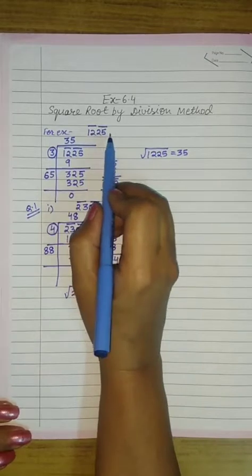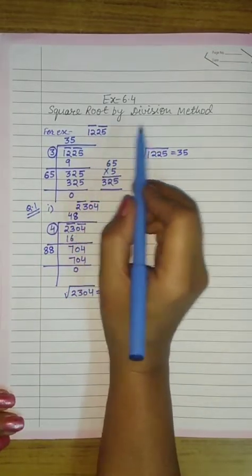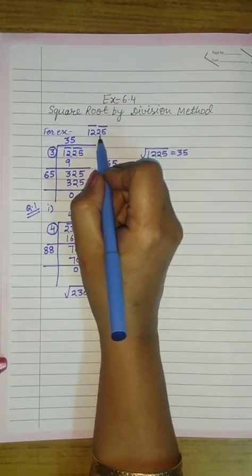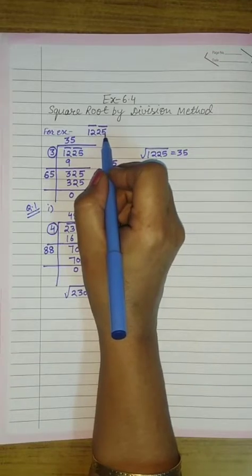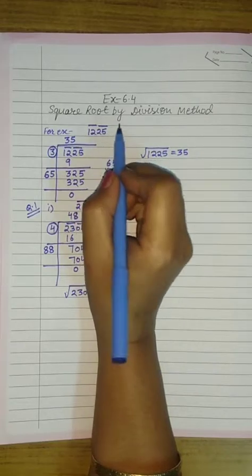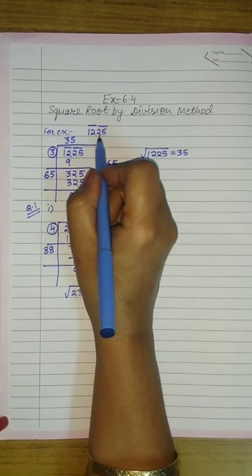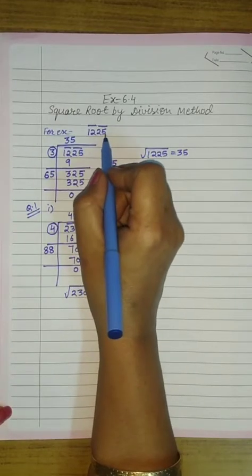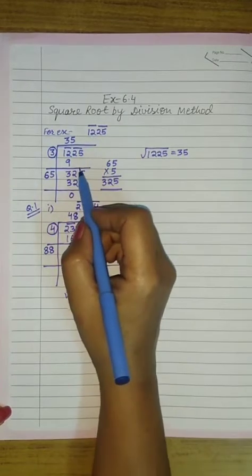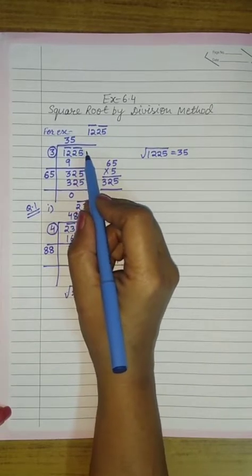Now, our first step to solve any square root by division method is we have to place the bar on the pair of digits in the given number. So we have 4 digits in this number. From the ones digit, we will place bar on the pair of digits. So one bar will be on 25 and another bar will be on 12. Now we are going to find the square root of this number by division method.